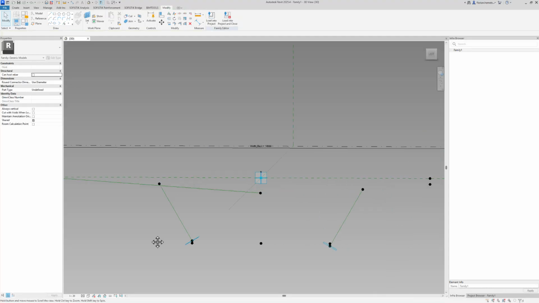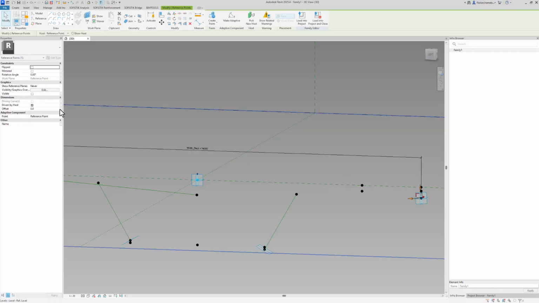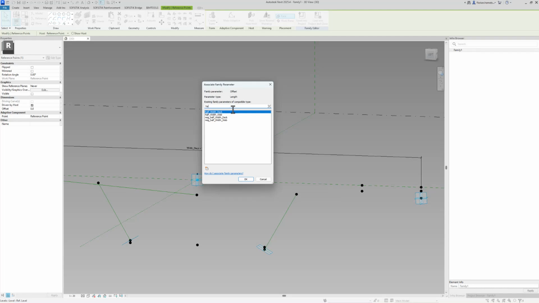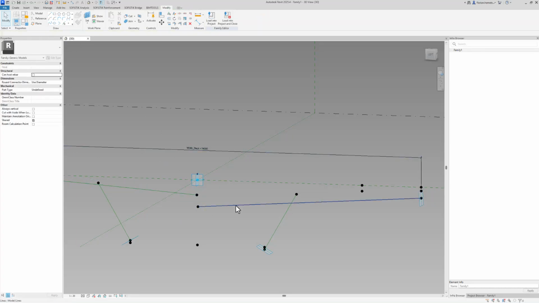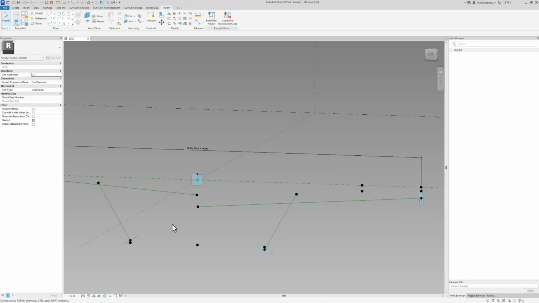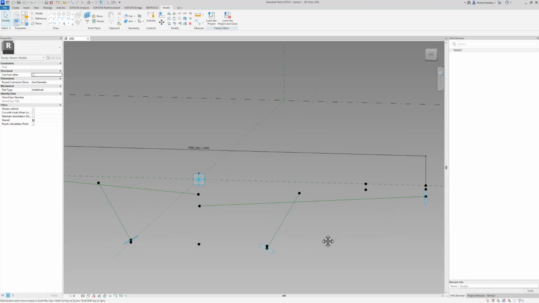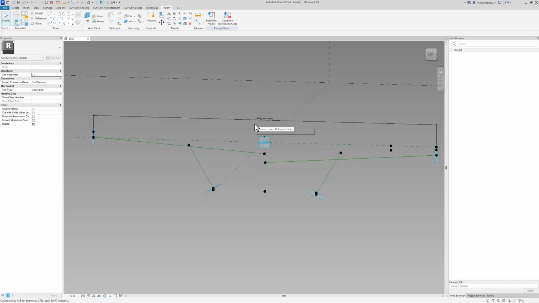Keep in mind, reference lines do not create geometry in the program later. I select this other point, which is assigned to half width of the deck. I selected these values simply for them to not create too much of an offset. Create a reference line, not a reference. And we are almost done, because as you can see here, this is actually the intersection of these two lines, the point that we wanted to create originally for our geometry, which would be a very hard calculation considering all the parameters we assigned to it.